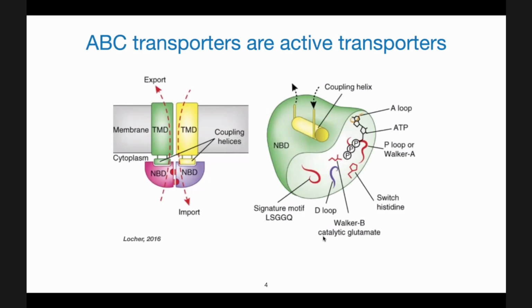Since these ABC transporters are ubiquitous in nature and present everywhere, they are expressed in almost all tissues, and they are involved in lots of physiological processes. Because they are involved in so many physiological processes, they are also involved in diseases. So this is a very important class of membrane proteins, significant to medicine. So it is very important to study these transporters and navigate diseases through them.